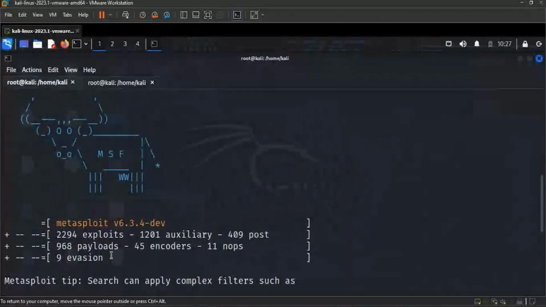Then after auxiliaries we have encoders. Now what are encoders? Encoding means you are changing the data but without the use of any keys. Encryption is done using keys, the public key and the private key, but encoding is done using some predefined rules, not keys. Encoders are the values or scripts which will encode your